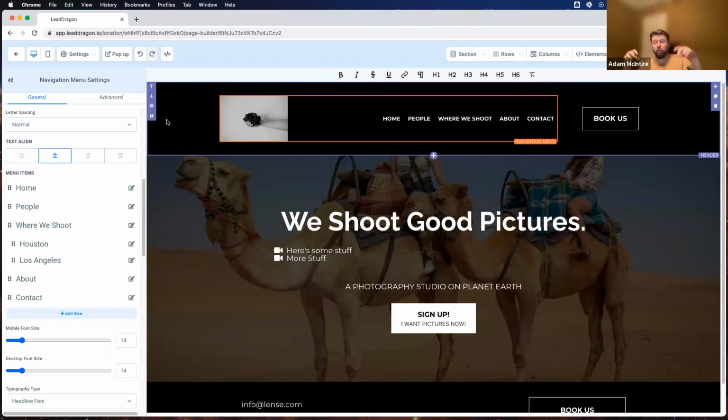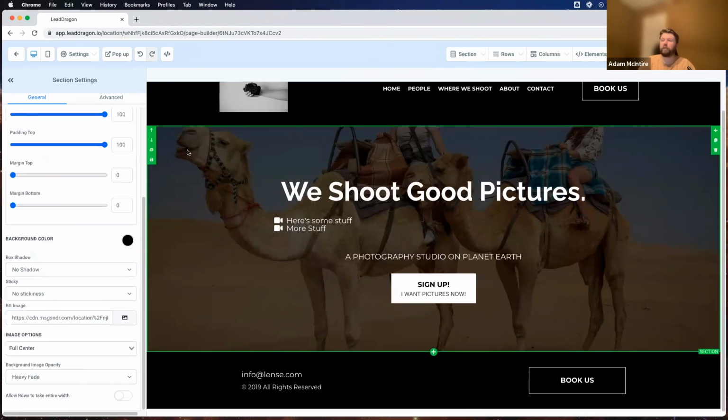So if you create a header and you want it to apply to every page in the funnel, so we don't have to keep creating the same header over and over again, then you can just hover over it. I'll do it with this one, because this one is not a global one yet. All you have to do is hover over until you see the green,